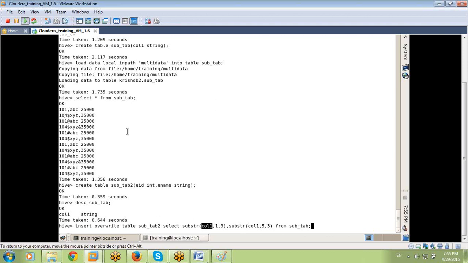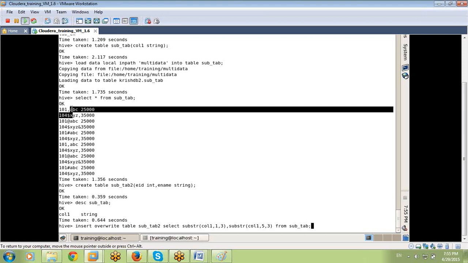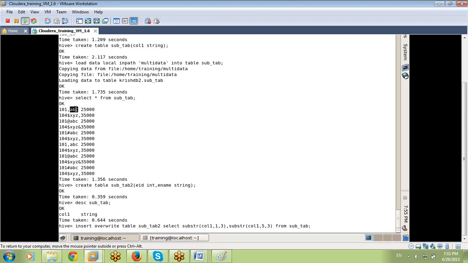After that it checks the position and the length, first to 3 characters, and copies and pastes that into my table. For the second substring of col1, again it checks that col1 is available. Yes. It checks the position and the length, 5 and 3. These are all fixed positions, so it takes that and places it here.